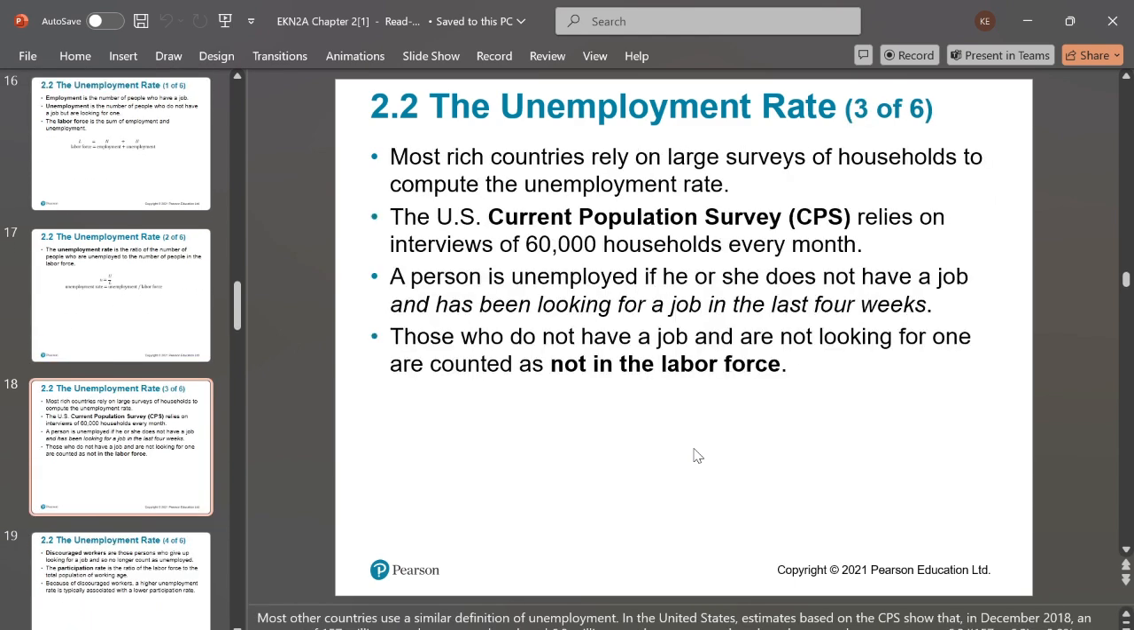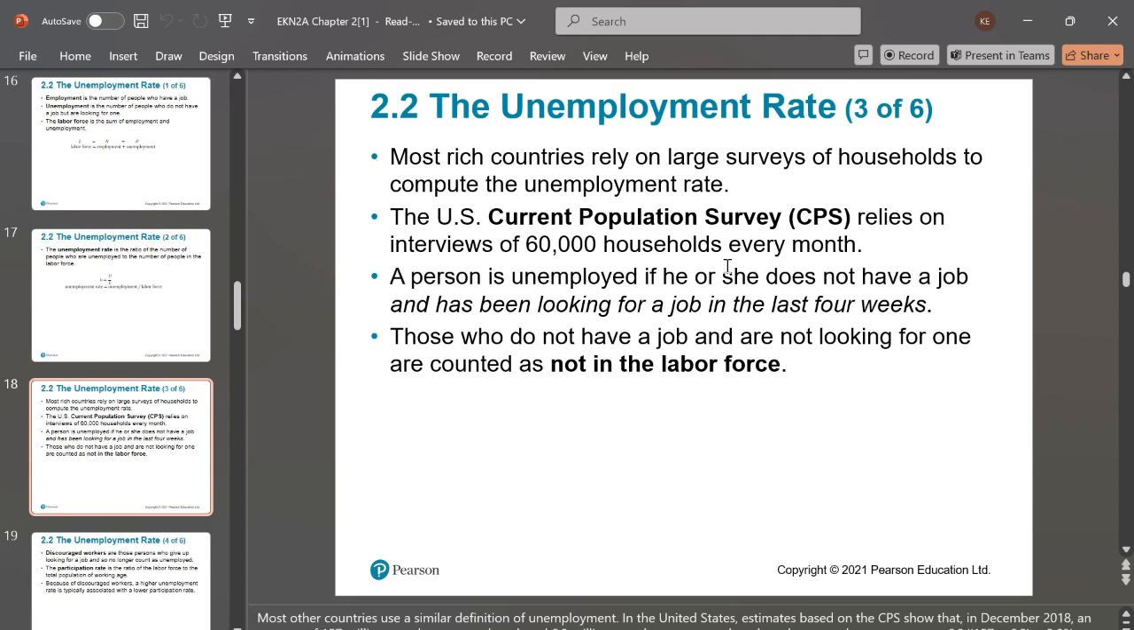So they basically talk about the current population survey, and they explain the people that are not included in the labor force. So who are the people that are not included in the labor force? Remember, we said the labor force is basically your employed plus your unemployed, right? So who is not included here would basically be the people that